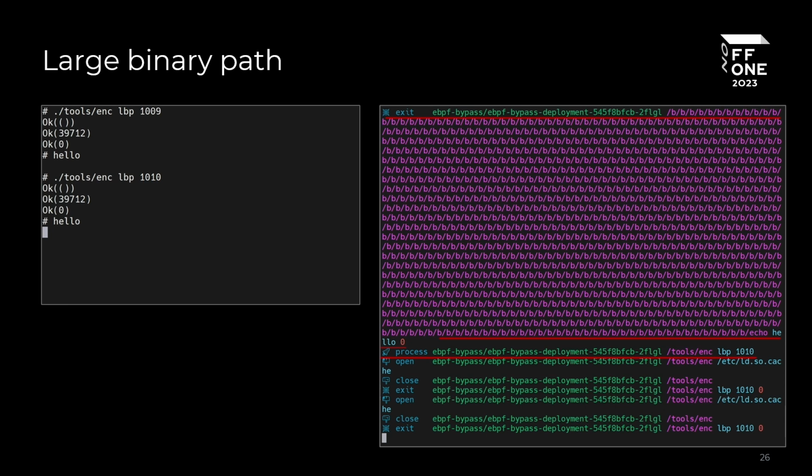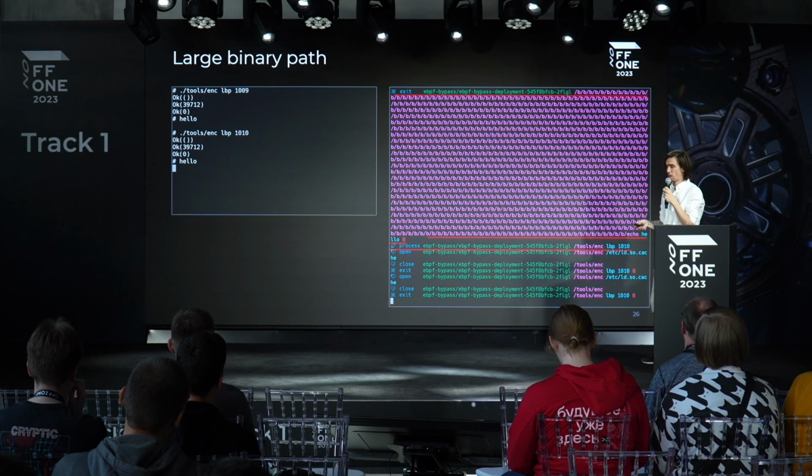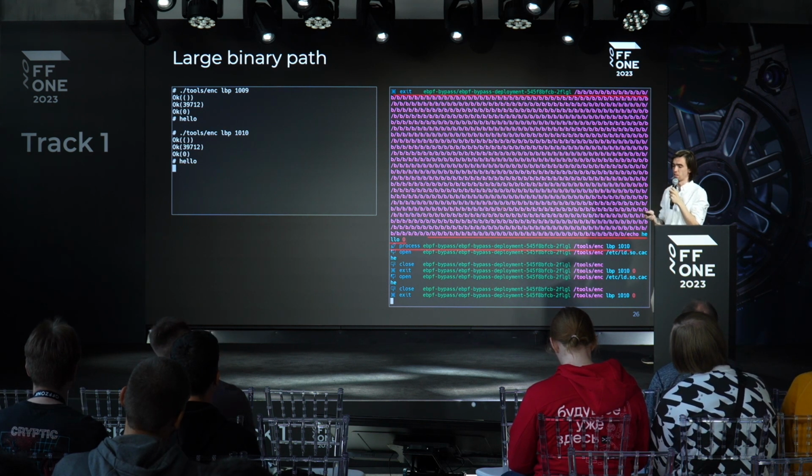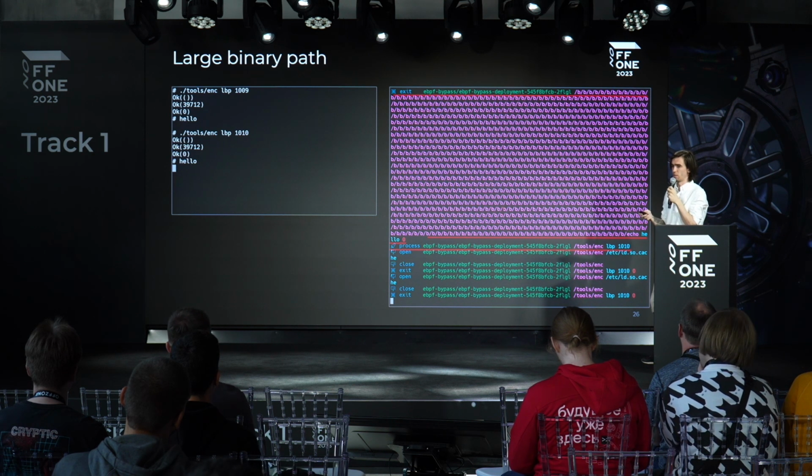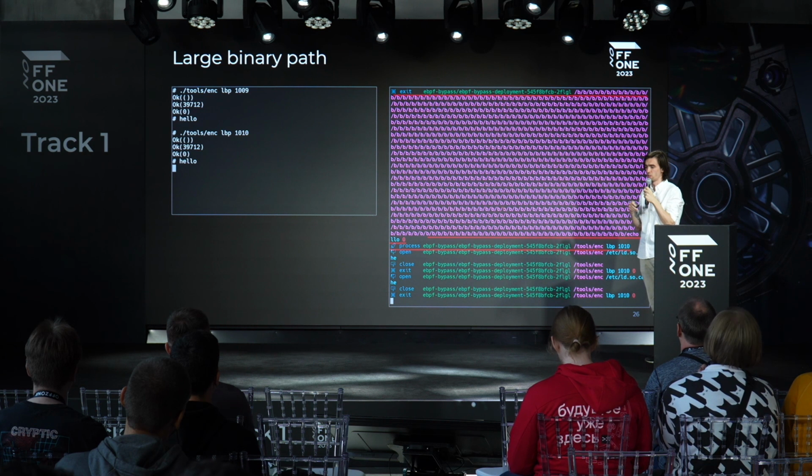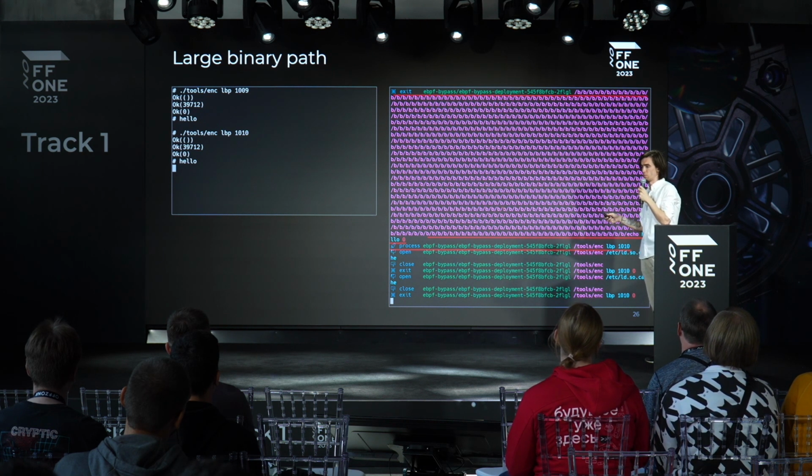A large binary path is not registered by Tetragon either. I used my own tool to launch echo hello with a path of 1009 characters, and starting from symbol 1010, Tetragon failed to register it, although in Linux the maximum file name is 496 symbols. It might seem like child's play to you, but if you can deploy your container into